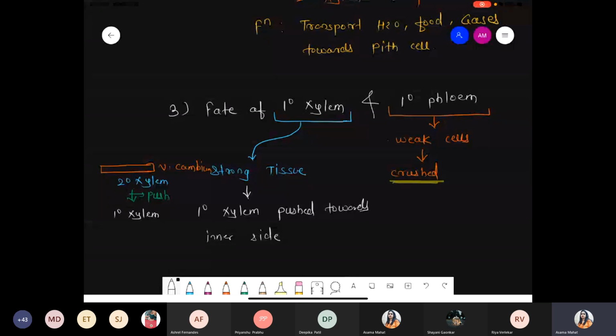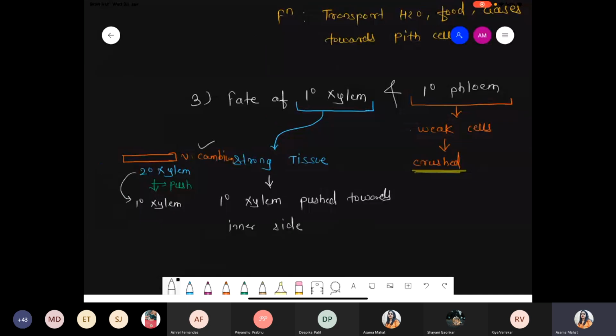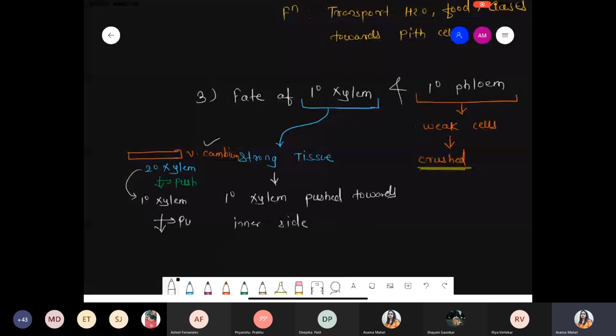Vascular cambium was there, and exactly below the vascular cambium the secondary xylem is present. Secondary xylem is more active, 8 to 10 times more active, so ultimately they can rapidly multiply. Secondary xylem pushes towards the inner side, so whom will it push? It will push towards the primary xylem, and now that primary xylem again pushes towards the inner side. And you know very well, the inner side is nothing but the pith, and ultimately due to the pushing process, the cells present at the center, that is the pith cells, which are living and very delicate cells, start crushing.